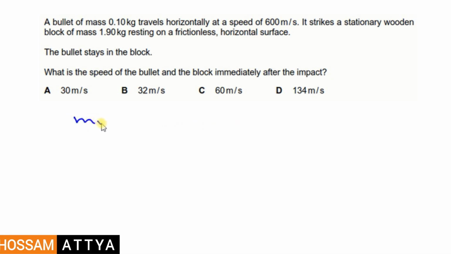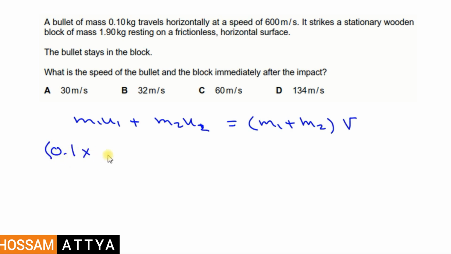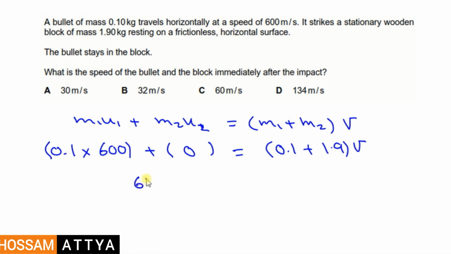So it's m1u1 plus m2u2 equals m1 plus m2 times v, since the two bodies stuck together. So the bullet is 0.1 traveling by a speed of 600 plus the block was stationary equals the total mass, which now is 0.1 plus 1.9, times v. So the answer is